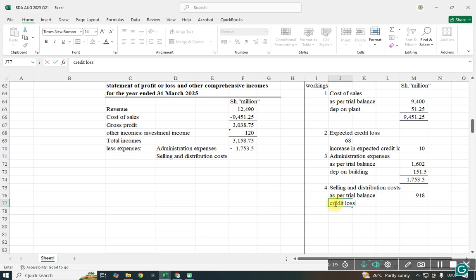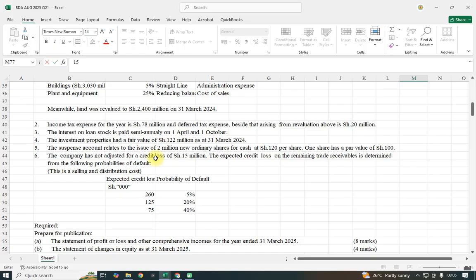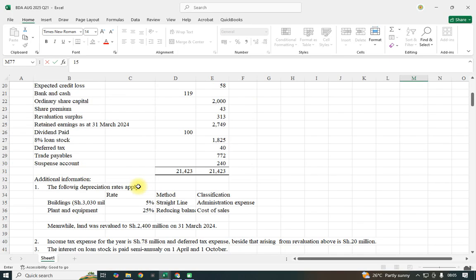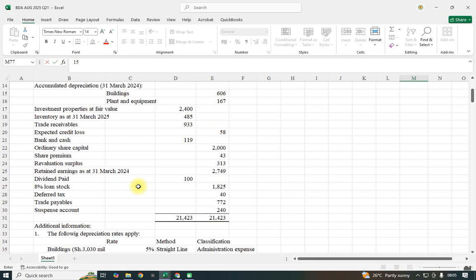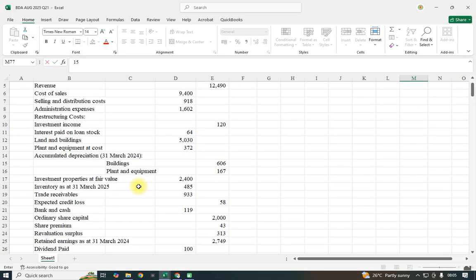Credit loss, remember credit loss is bad debts. Credit loss of 15. We had this credit loss in note number 6 or 15. I don't know whether we had another one, we just need to consider it here. I did not have any other. It was the only one, the credit loss